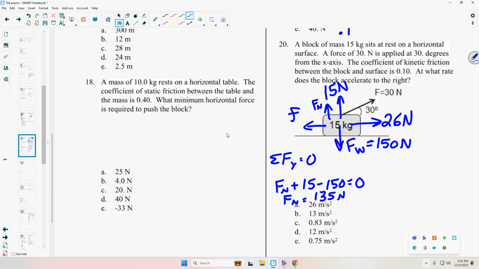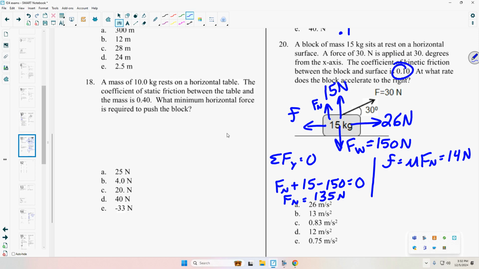That's my normal force. The next step is to find my frictional force, which is mu times the normal force. That's 0.1 times the normal force. That's 14 newtons. We'll just round it off to 14. And then